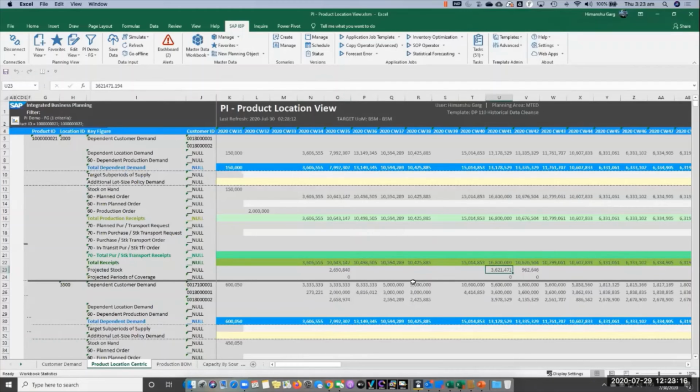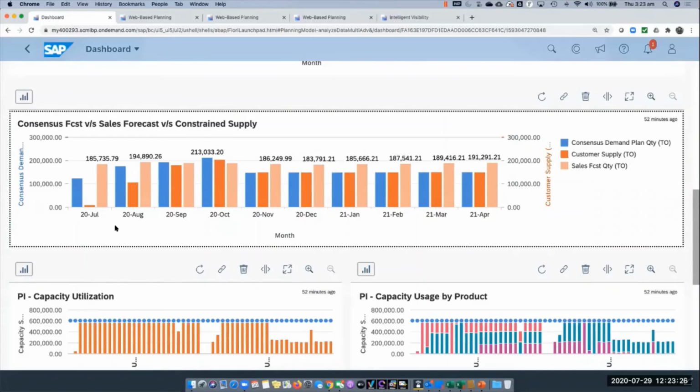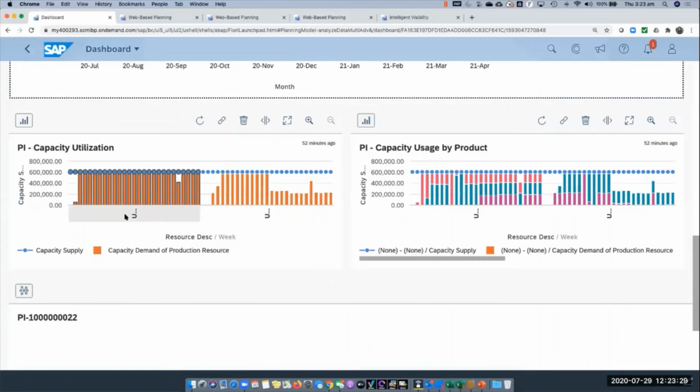Okay. So now let's take a look at the capacity situation. Again, going back to the dashboard. Here we have a couple of analytics which talk about the key resources that we have in this model. These are the 2 reactors that we have modeled at location 2000. And you can see here the reactor 1 is almost 100% loaded every week except a couple of weeks, right? However, the reactor 2 is 100% loaded in initial buckets, but then it is a little relaxed.